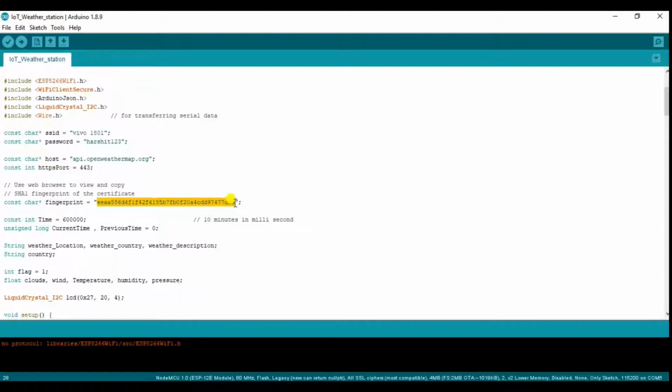For understanding this fingerprint we need to understand the working of the HTTPS protocol. So basically the HTTPS protocol works on two keys, public and private keys. So the server will provide you a particular key, on which whenever we send data using the server's public key, the server is going to respond back using your private key.